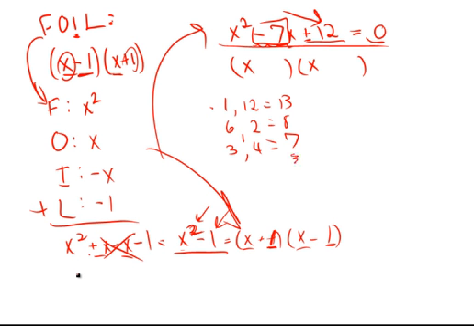What's the twist? The twist is you could also have negative numbers. When you multiply negative numbers, you always get a positive. But in this case, when you add them, you get a negative. So we have negative 3 and negative 4, and that gives us negative 7. And so we know that negative 3 is to go over here, or negative 3 could go over there, it doesn't matter. And negative 4 goes here. So as long as they're in separate parentheses, we get x minus 3, x minus 4, and this is equal to 0. So when you become really good at this, and it definitely just takes a little bit of practice,